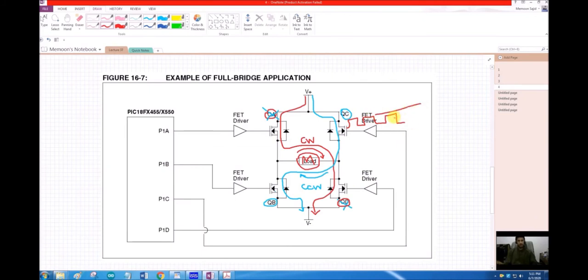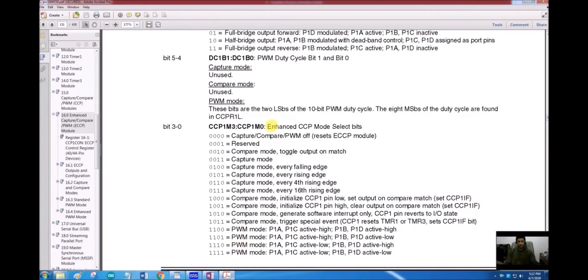And if we are giving a duty cycle of, let's say, 50%, so only for 50% of the time this transistor will be on and the motor speed will be reduced effectively to 50%. At a particular moment, when any two transistors in cross are active, with one having a PWM on that and the other is continuously on, the rest of the two should be inactive. And that is what's happening in our data sheet.